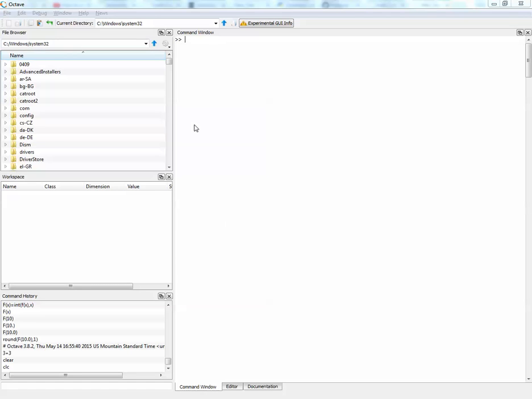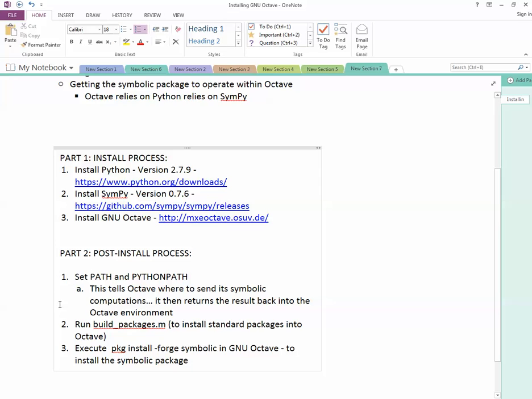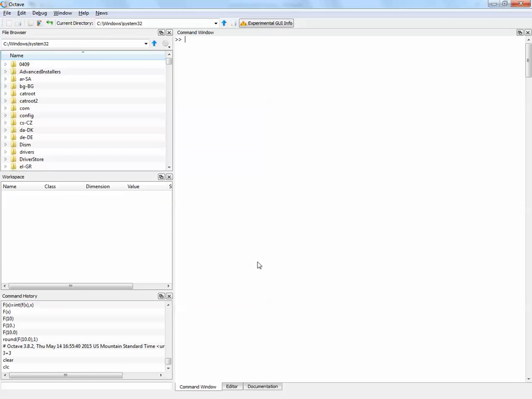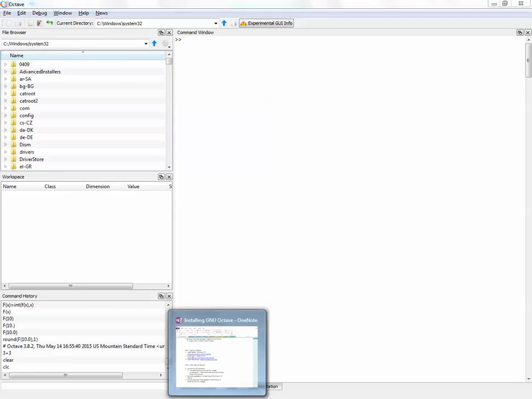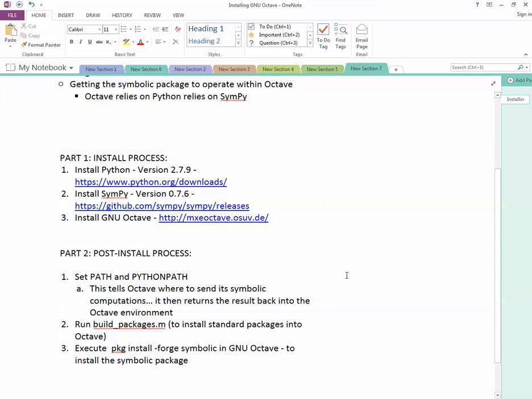Okay, so now we're in part two of installing Octave, and now we want to make sure that things are running correctly. So we're going to test to see if the Python path has been correctly installed. And remember, we did that within Python. We told Python to go ahead and set a path to itself on our computer. And so what we'll do is just check whether things have installed properly, and perhaps we already have Python